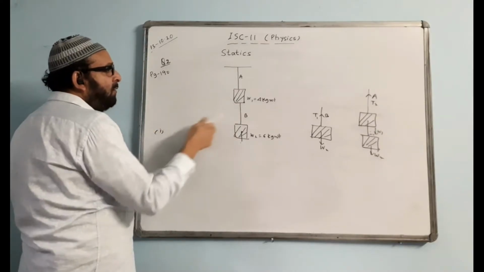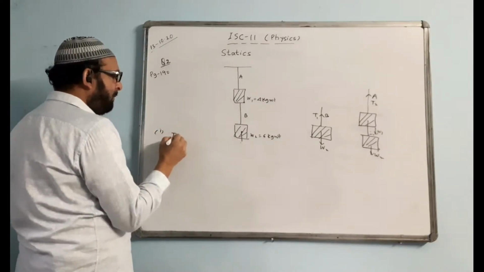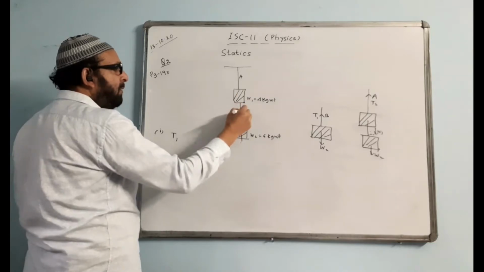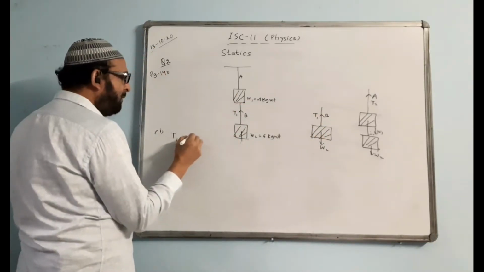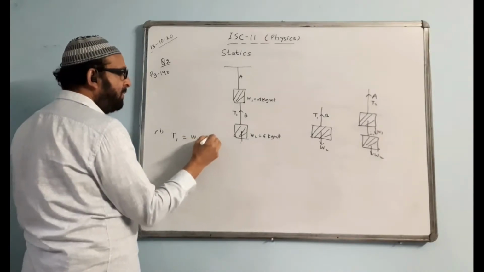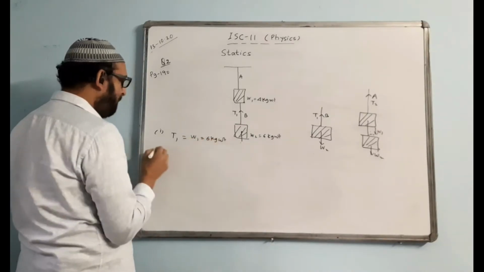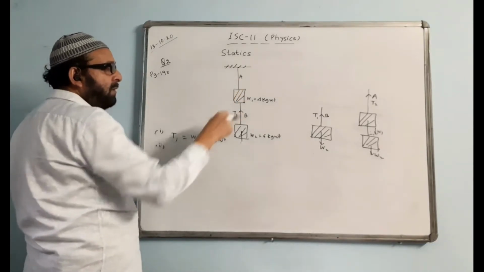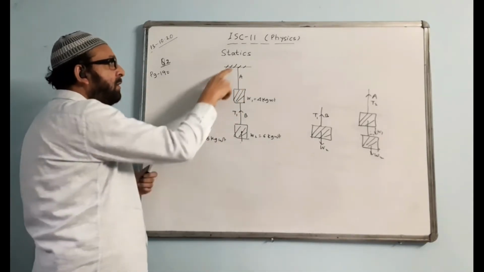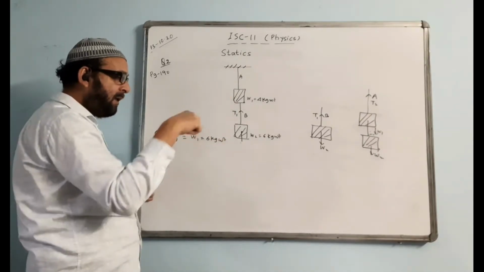Let us find the value of T1. This T1, you can mark in this diagram also. T1 supports only W2, right? T1 is equal to W2, and W2 is 6 kg weight. This is also finished. Because they all are tied with the string out here with the support, the bodies are not moving, just hanging here.